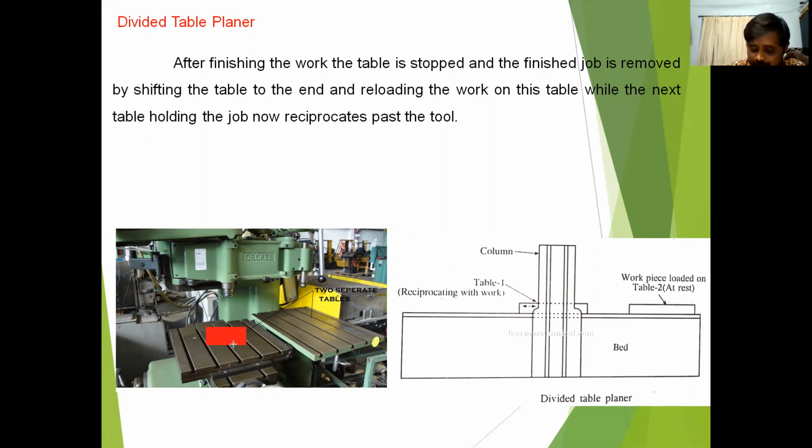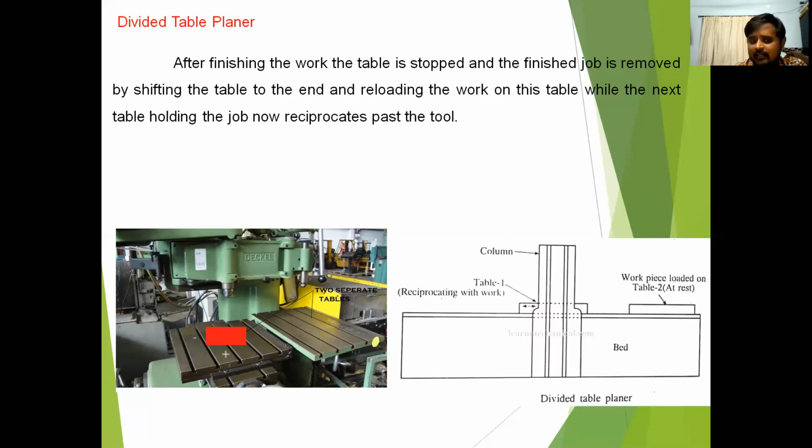First we have to fix the workpiece on the work table, and then you can perform the operation. After completion of the operation, we stop the machine and unload the workpiece from the table, and again go for the loading. While unloading and loading the workpieces, the machine is stopped. That means no work is being done. That is the wastage of time. That is called idle time.